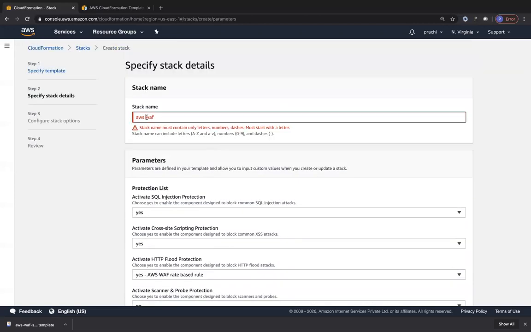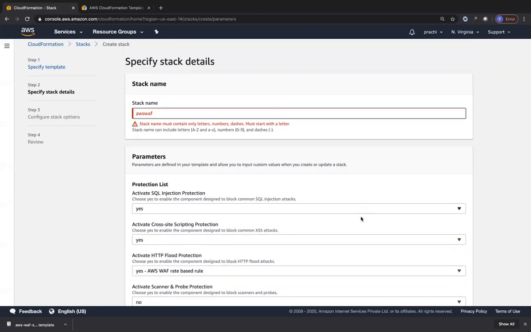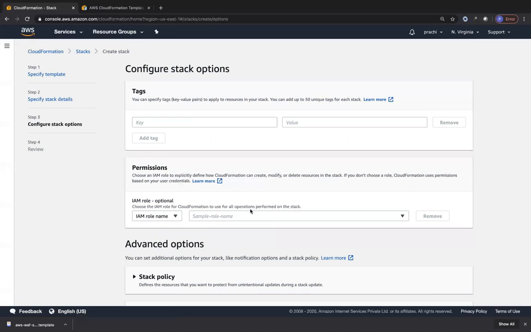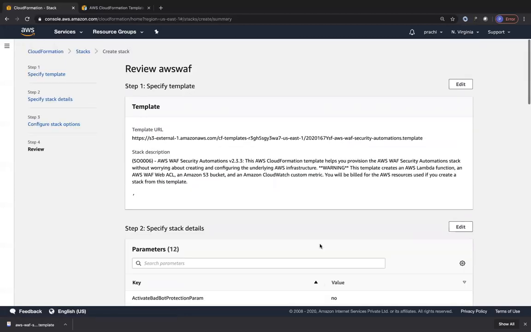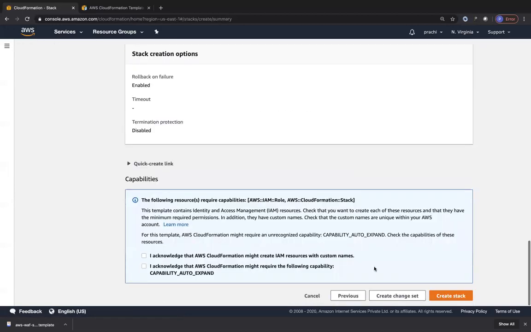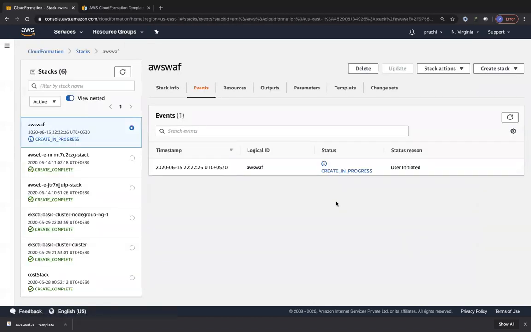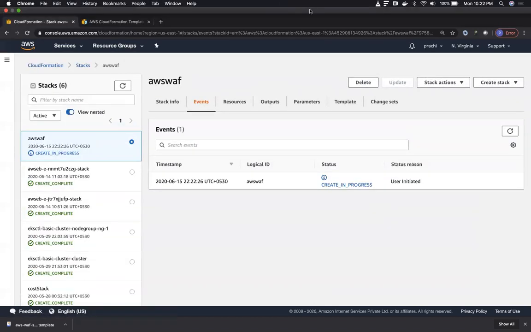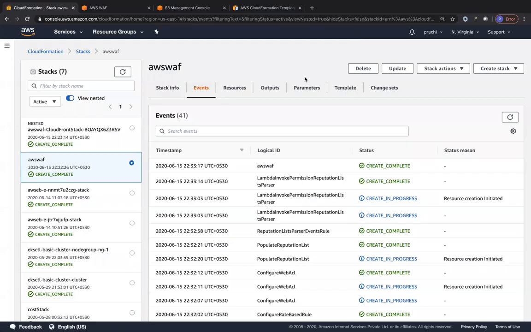So okay, so I can't have a space. Go to next. I'm just going to go down and click on next, and I'm going to go ahead and click on. I acknowledge for the IAM roles that it may create on my behalf in the background. I'm just going to go ahead and click on create stack. Now this could take possibly some time, so therefore I'll pause the recording and come back after some time. Okay, so it took at least 15 to 20 minutes for AWS WAF to be fully created with all the different rules that we enabled.